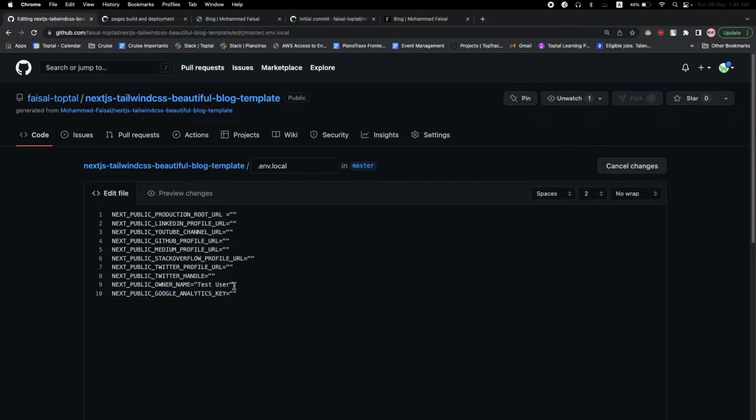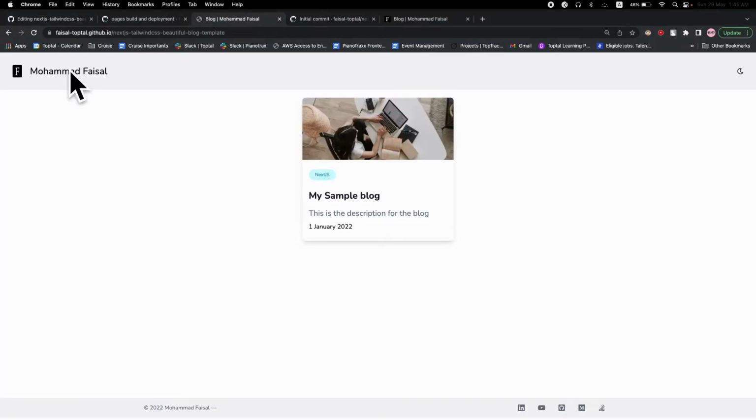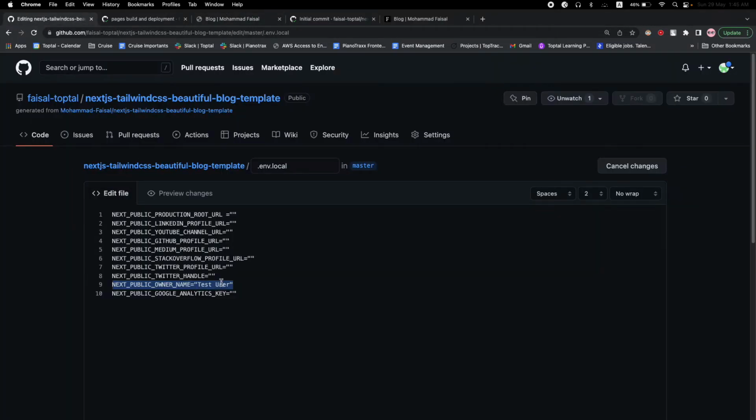Okay, if we change this owner name, our blog will be named test user. We'll see it in a bit, but let me just explain these other variables. You can see that you can add your LinkedIn profile URL, YouTube channel, GitHub, Medium, Stack Overflow, Twitter, all of this in this environment file. You can just take the link to your profile and paste it there,